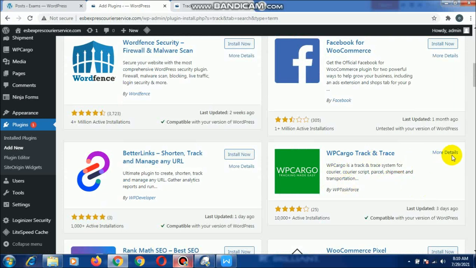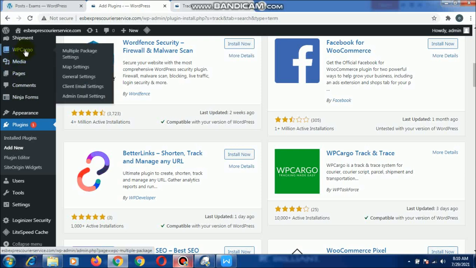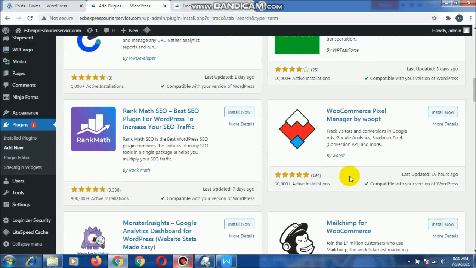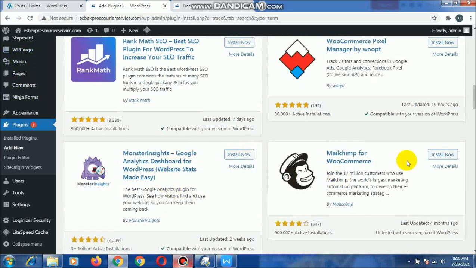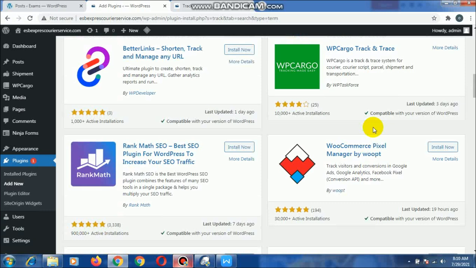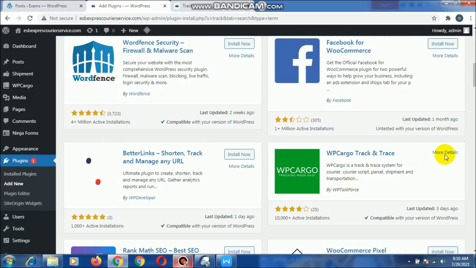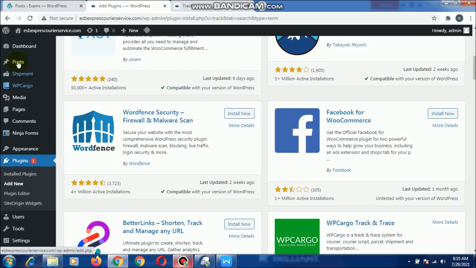You can see I've already installed it. It's not showing me installation, but I've already installed it. That's what I have here. All these are also shipment code that you can use, but for free version I recommend using this. It has cool features that you can use without paying for it, so you can also pay for it if you need extra features. So we'll just go straight to the